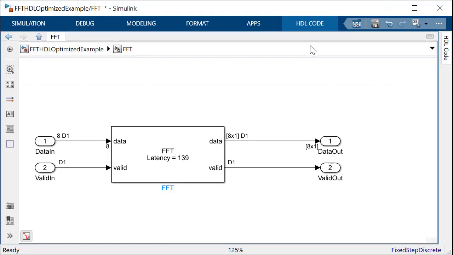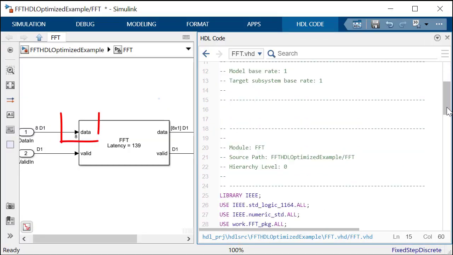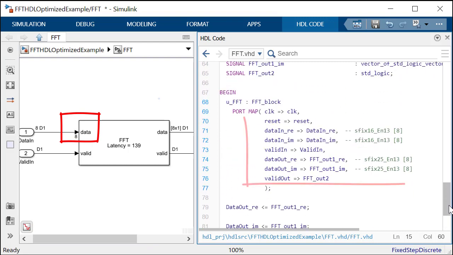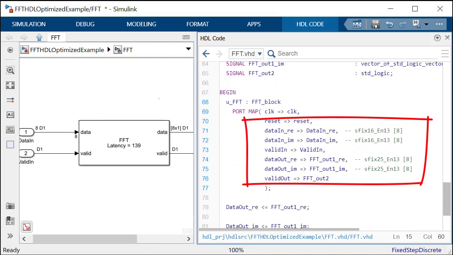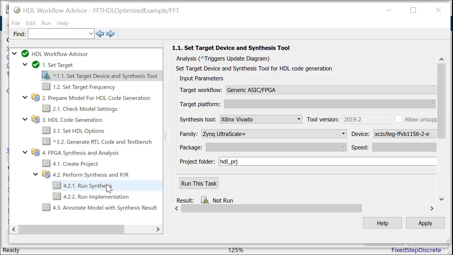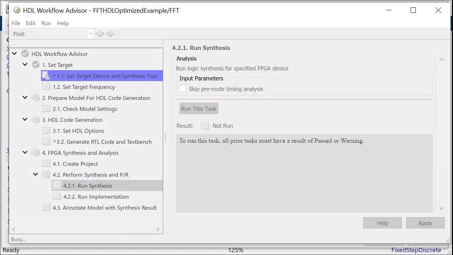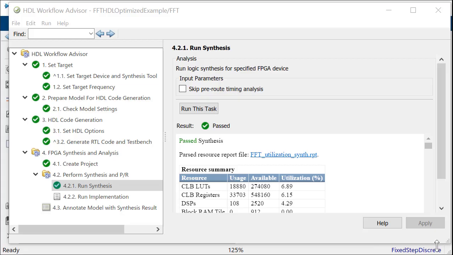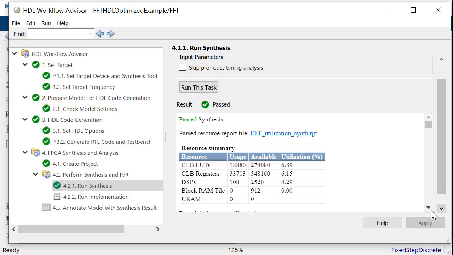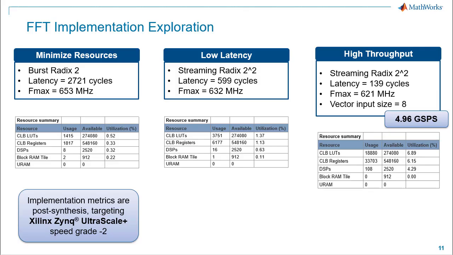Along with exploring the architecture and changing the incoming streaming data to frame-based processing, with HDL Coder, you can auto-generate VHDL or Verilog and get the resource summary for supported hardware. Here you can see the results for the earlier FFT design implementations that were run for a popular Xilinx target